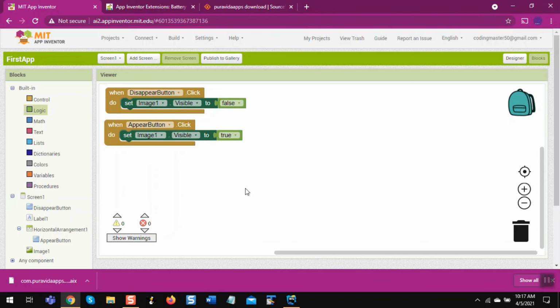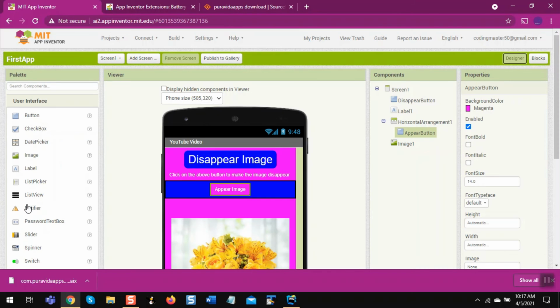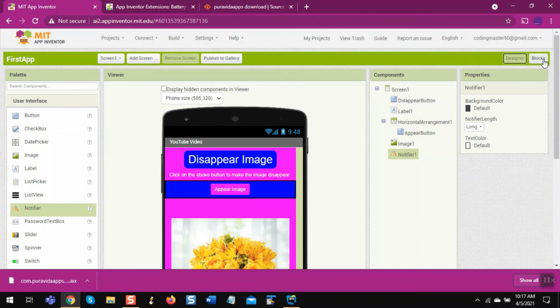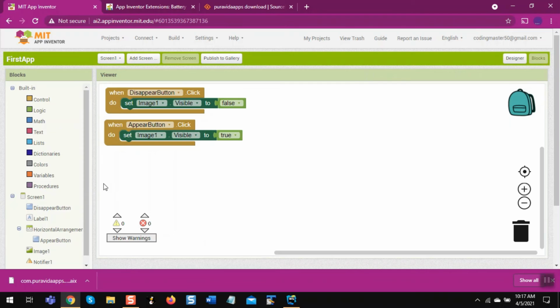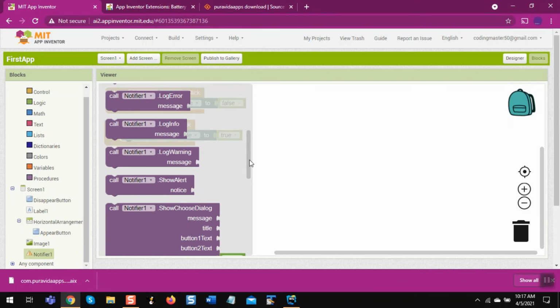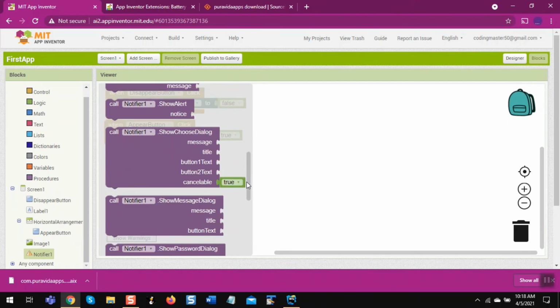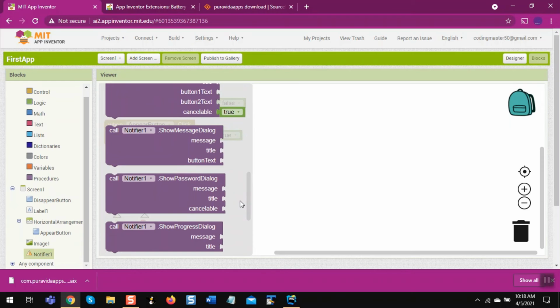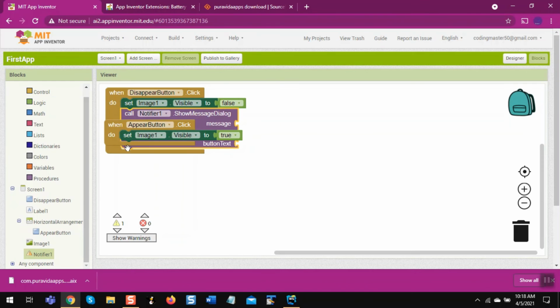Now we can do more things in this, like I'm going to put a notifier on the main screen, and then you can click on this notifier, like a notifier click, and after that show alert. Now I'm going to do a little bigger thing actually: message, title and button text.